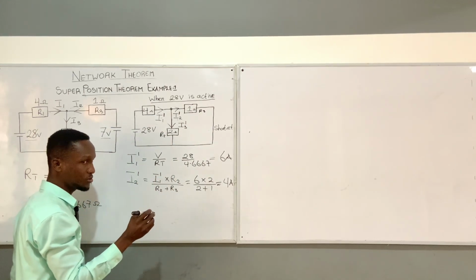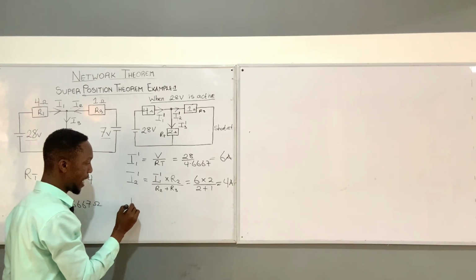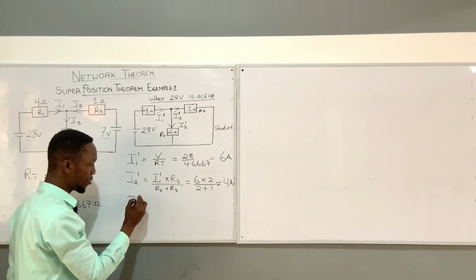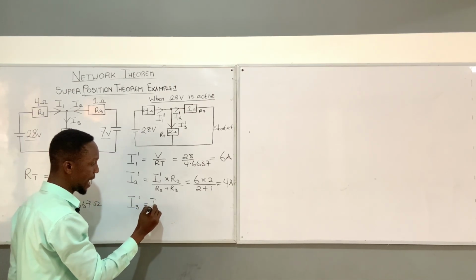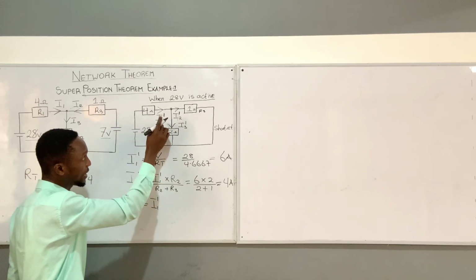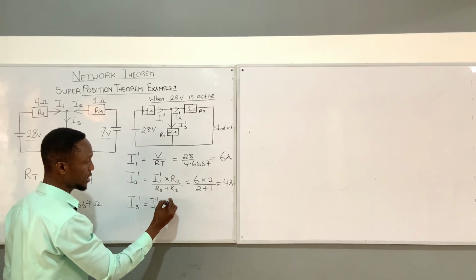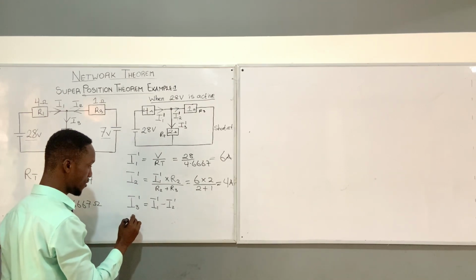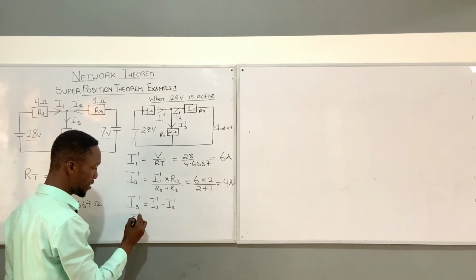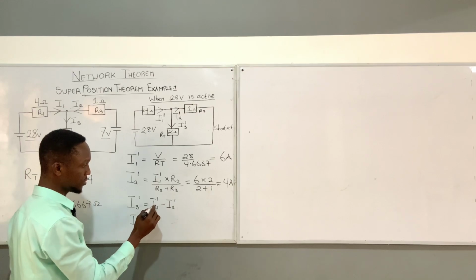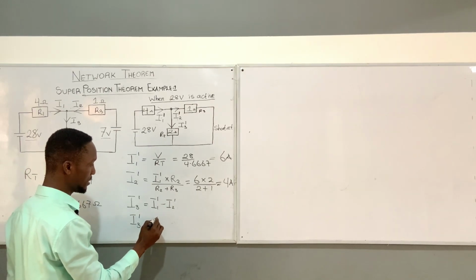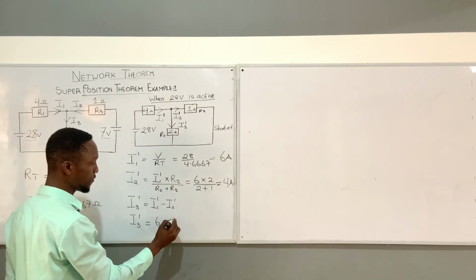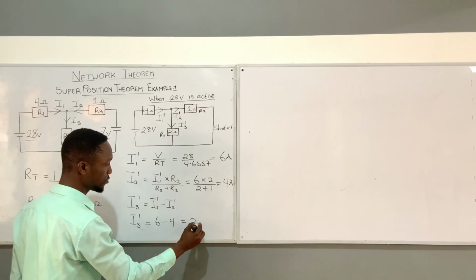So now I'll use Kirchhoff's current law. My I3 prime is giving me my I1 prime, the supply current. So when I subtract I2 prime from this result, I'll get the answer. So therefore, I3 prime is giving us what? 6 amps minus 4 amps, which is giving us